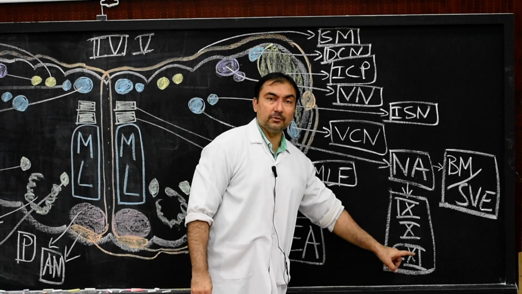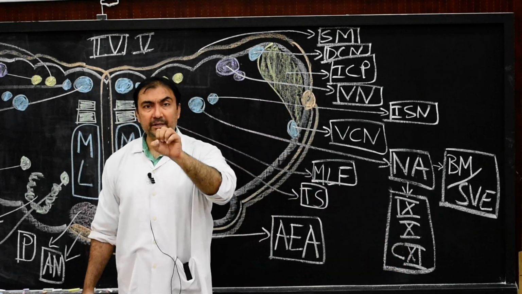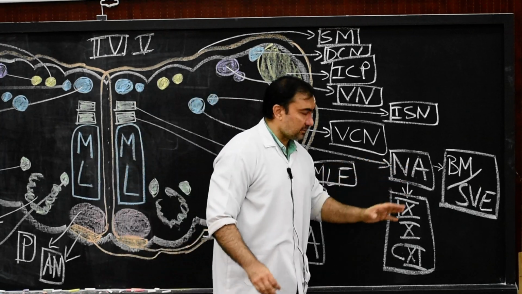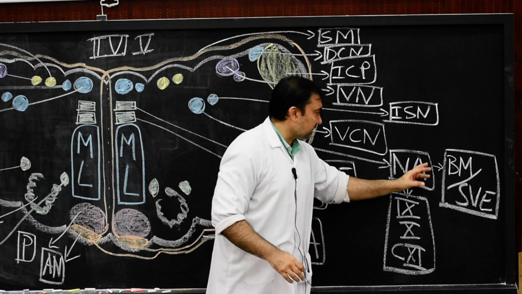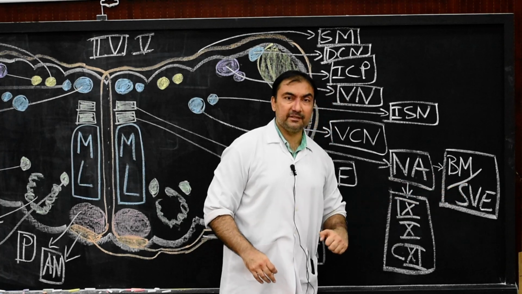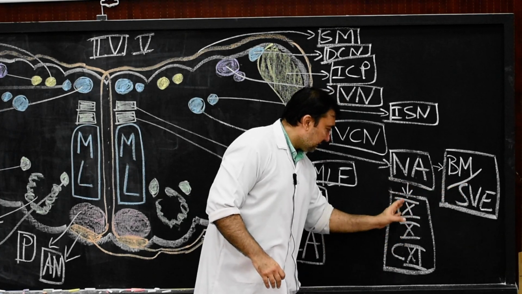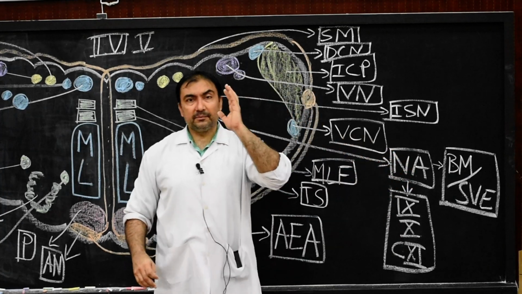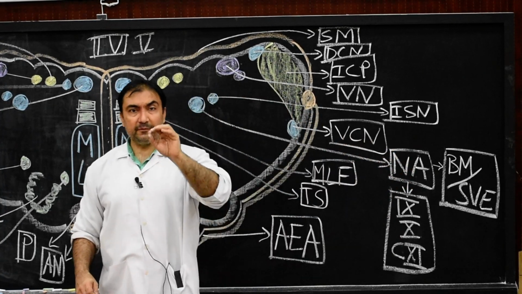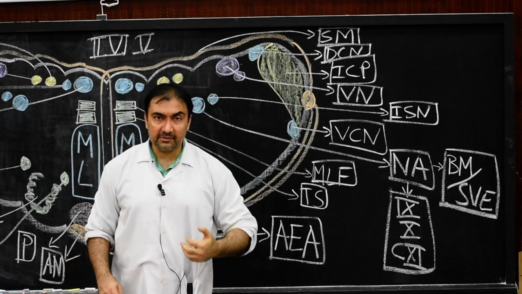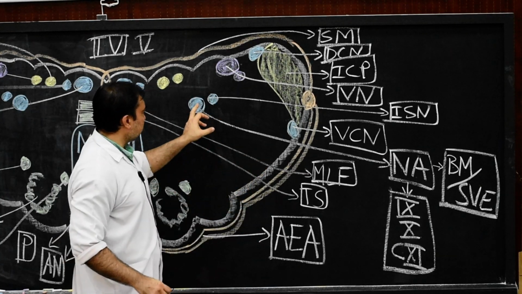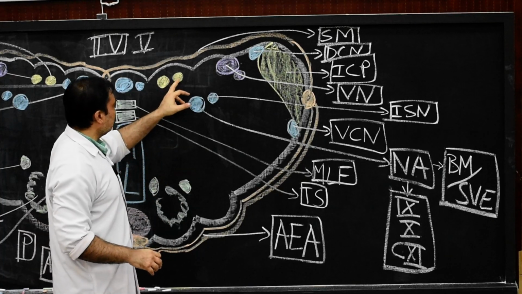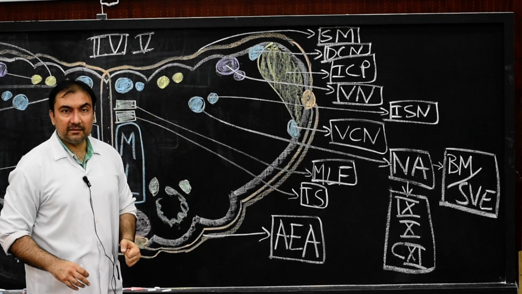All these 3 nuclei join together and form the nucleus ambiguus, because the functional component is known as branchiomotor or special visceral efferent. Through these 3 nerve nuclei, the nucleus ambiguus will supply all the muscles of the pharynx and larynx except a few muscles that I will come across later on. This much is the nucleus ambiguus. And where is it located? Ventrolateral to the dorsal nucleus of vagus and the nucleus of tractus solitarius.